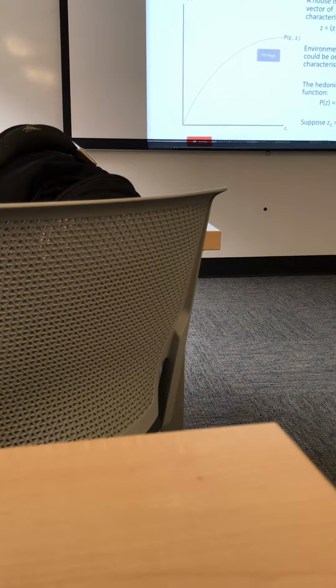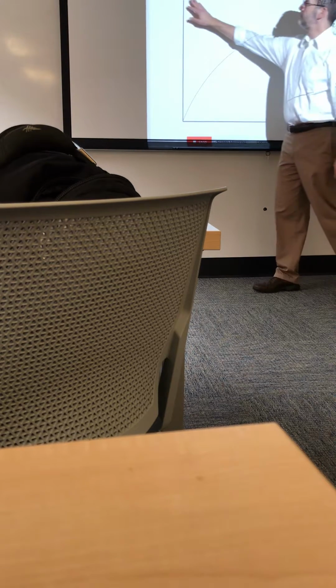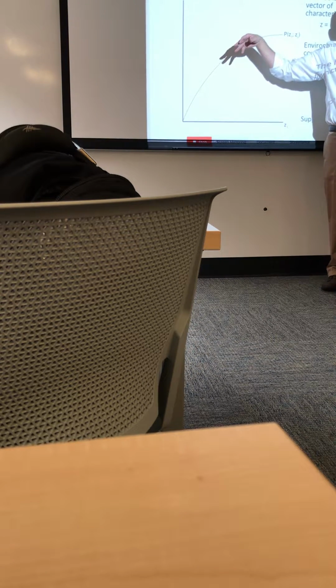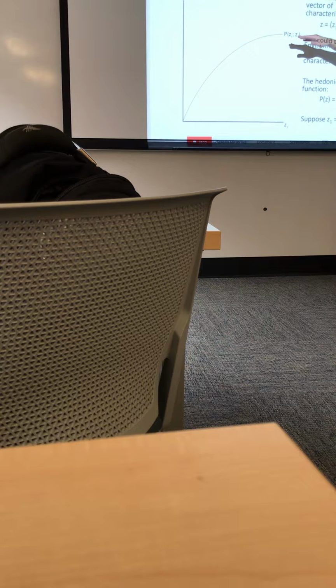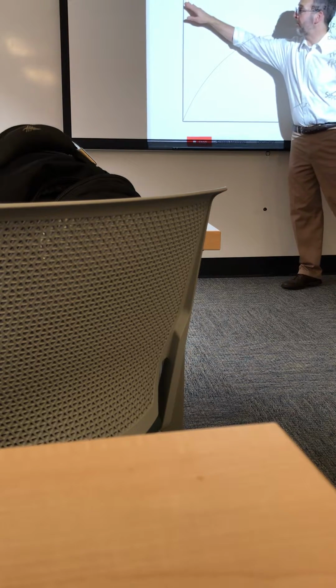All right. So when you go and run a hedonic regression, you're basically going to recover a function that looks like this. Okay? The dependent variable in that regression is basically always going to be the price of a house. Frequently you'll use the log of the price of the house, because if you put the log of the price on the left-hand side, the things on the right-hand side tell you percent changes in house values.